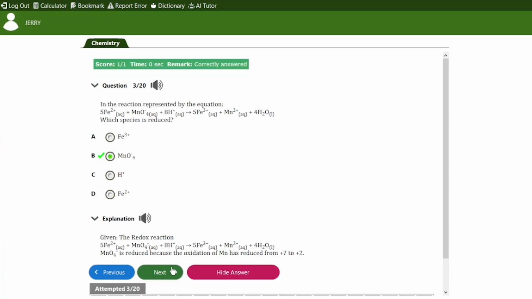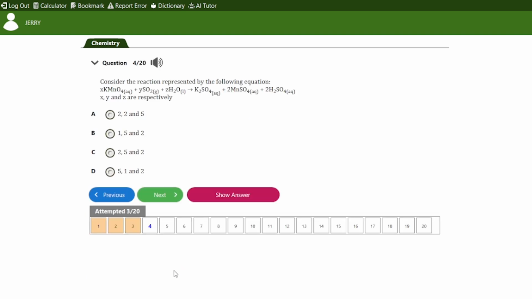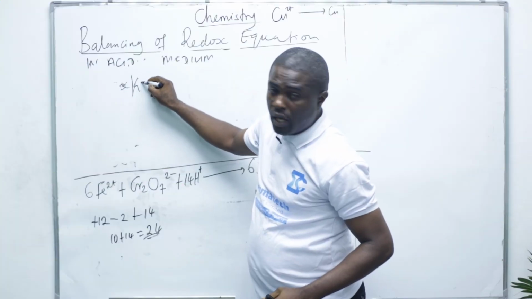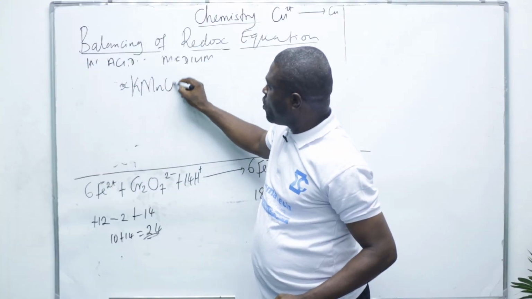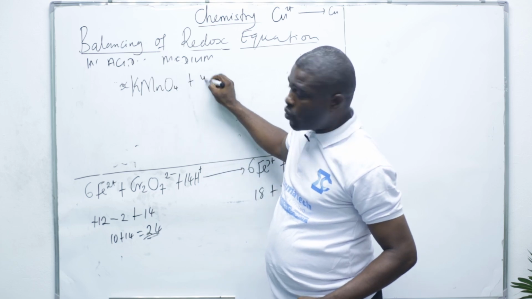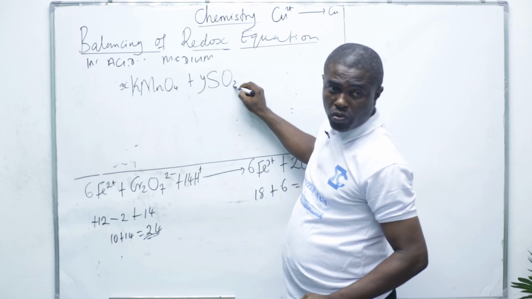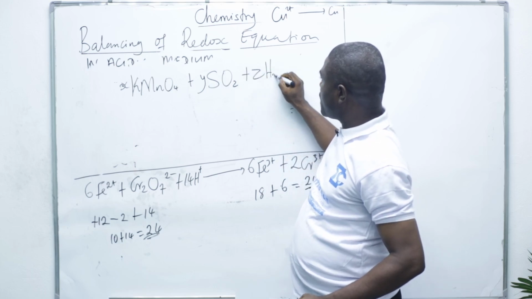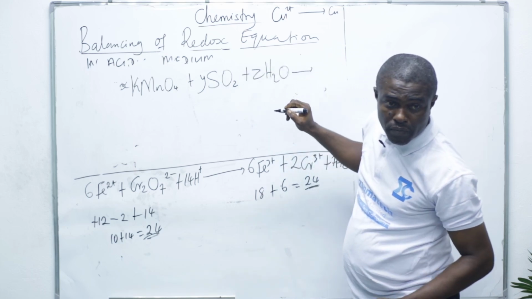Finally, let's do this again. Finally, consider the reaction represented by the following equation. This is a pure oxidation and reduction reaction. Look at it. That's the last question we are going to attempt now. We have x KMnO4 reacting with y SO2 plus z water,